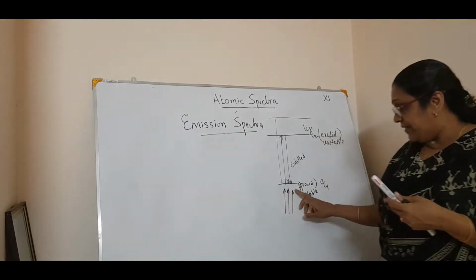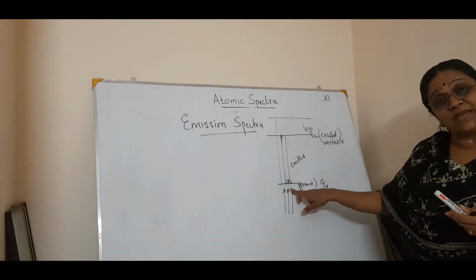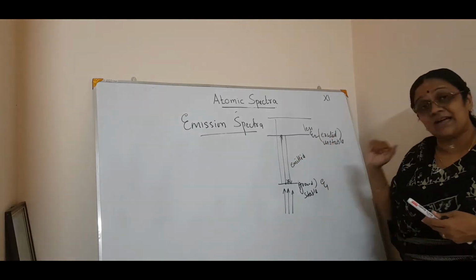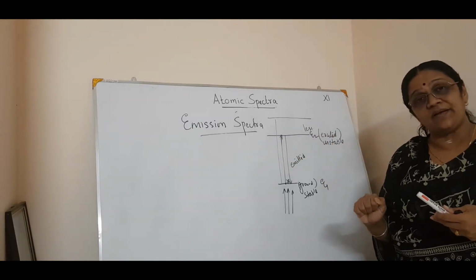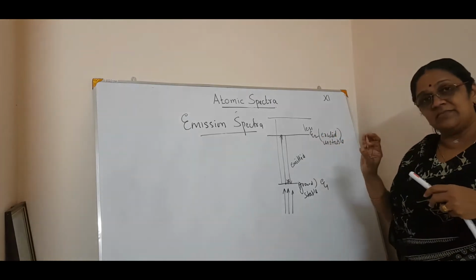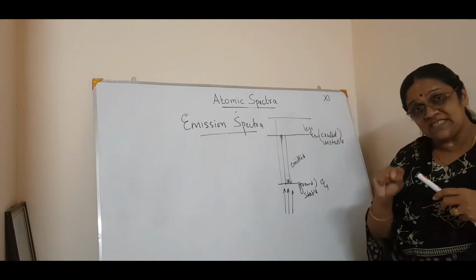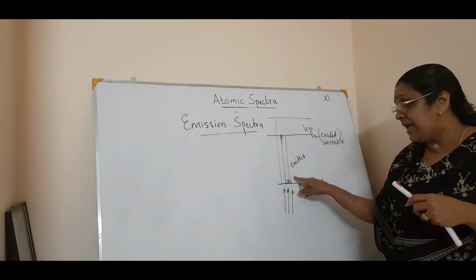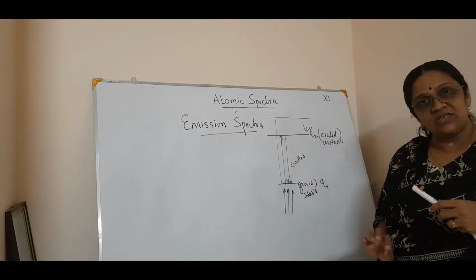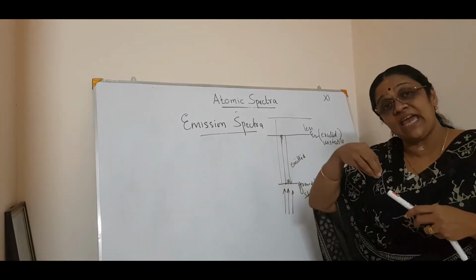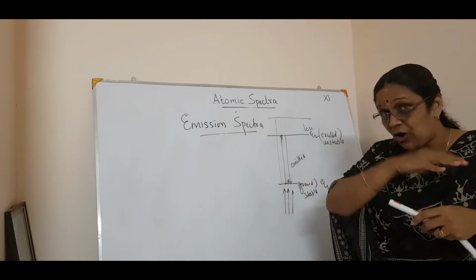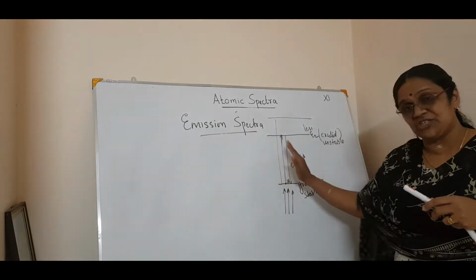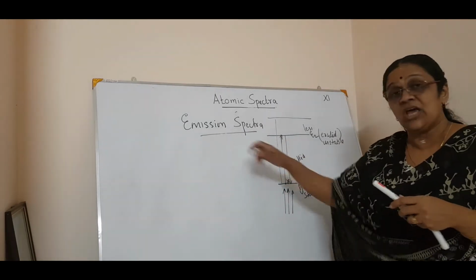So that is here. First of all, the electron has to absorb some energy and get into an excited state. We know that the excited state is highly unstable in nature. Now what happens? It cannot stay there. It has to be in the stable state. So it will come back to its original position by emitting that absorbed radiation. Such a spectrum, obtained by the emission of the radiation which was absorbed, you will get as a spectrum.